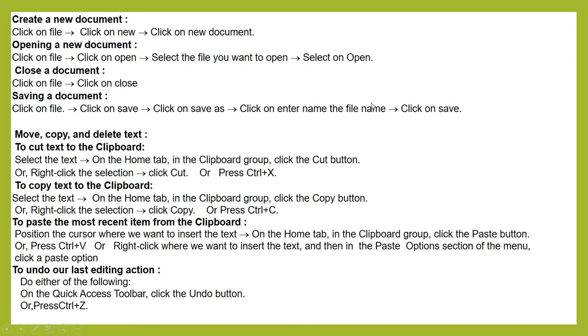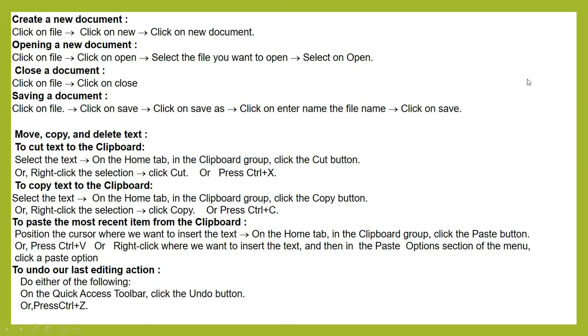Okay, so here one point arises: what is the save option and what is the meaning of the save as option? When you save the file for the first time, click on the save option and assign the name. But think about which file is currently opened, and that file you have to save with a new name, just like your duplicate copy. For that you have to click on file and click on save as. Save as always asks for a new name, but when you save the file for the first time, you may click on save or save as.